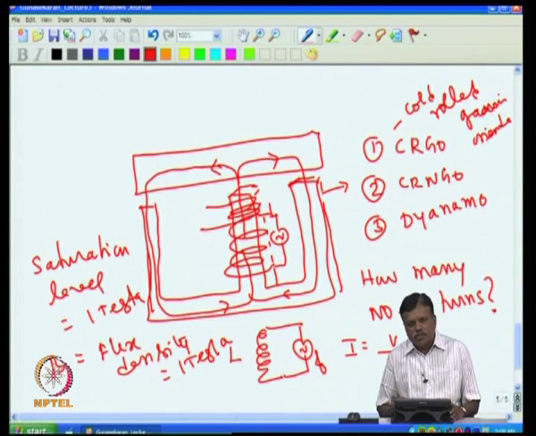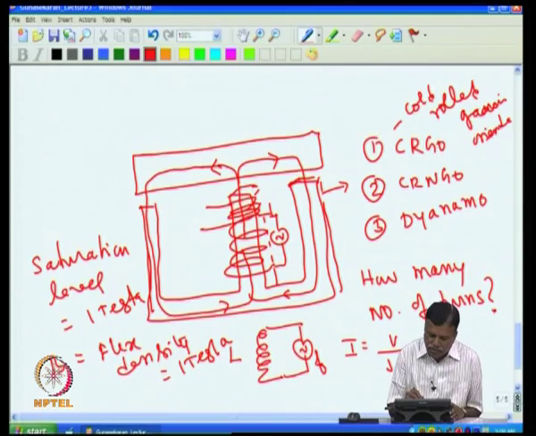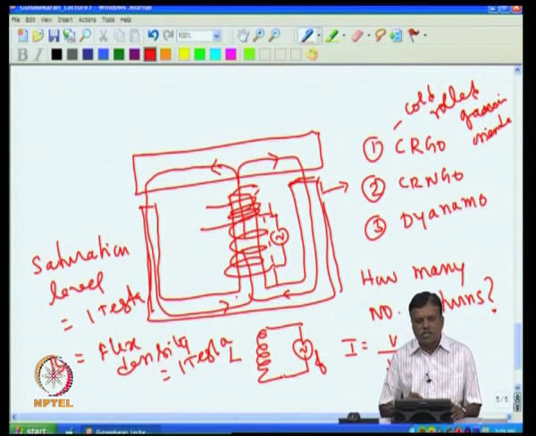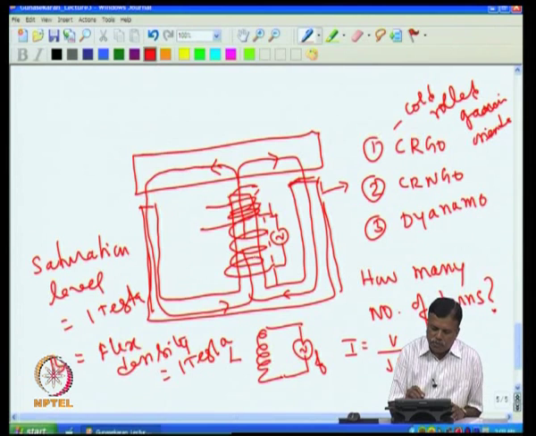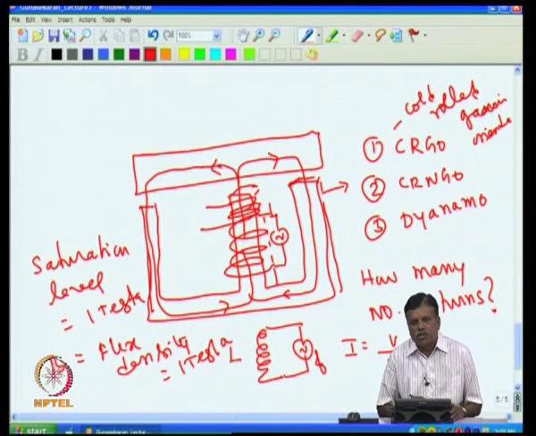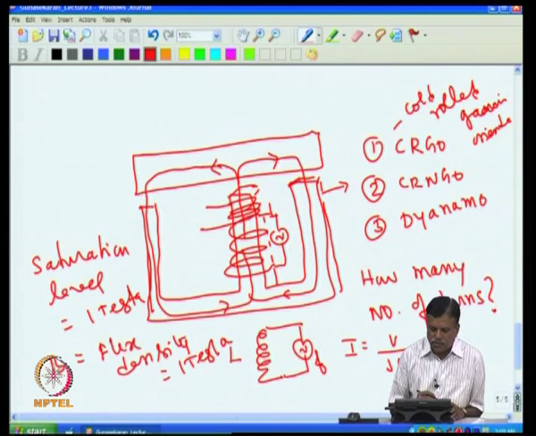So, it is very important that I select the number of turns such that I get a flux density which is less than the saturation flux density. And if I design exactly, for example, if the core can take 1 Tesla maximum, the saturation flux density level is 1 Tesla, then it is good if I design in such a way that the maximum flux I get in the core is 1 Tesla. That means I will be using the core very effectively, and that is the best way to design the transformer.